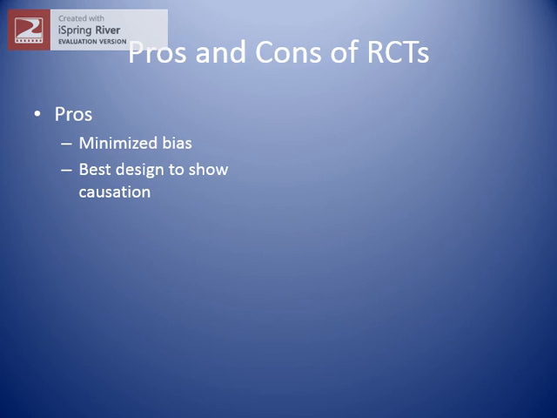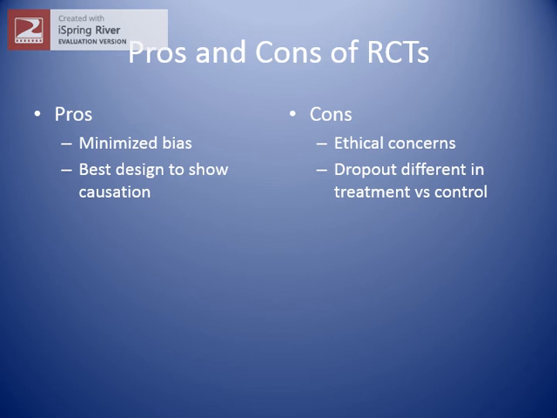So randomized control trials, their main pro is that they minimize bias, and they are the best designed to show a causation. X does cause Y. Again, we're going to talk more about causation next week, but for now, randomized control trials by far are the best designed to show, does a variable really cause some outcome. The cons are related to ethical concerns typically. For instance, this is most common in drug trials, or you may hear of